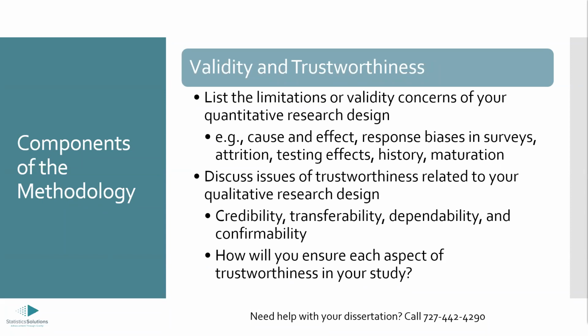And then for the qualitative aspect, qualitative also has its own version of validity, which is often called trustworthiness. And here you will want to discuss the issues of trustworthiness that are related to your specific qualitative research design. And there are 4 general aspects of trustworthiness that are typically discussed for qualitative research. Those include credibility, transferability, dependability, and confirmability. And so you generally want to talk about each aspect of trustworthiness and how you are going to address it